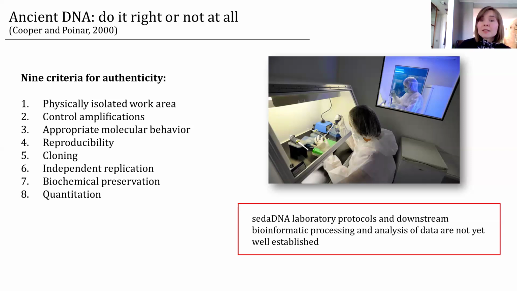So it means that every step of the analysis should be done in a separate space, in a separate lab. Of course, we should prepare control amplifications. So there should be negative controls at every step of the analysis, in fact, to trace the possible contaminations. It is especially needed, and we need to be especially careful when studying, for example, human genomes and human DNA, because in this case, the researcher himself is the biggest potential source of contamination.